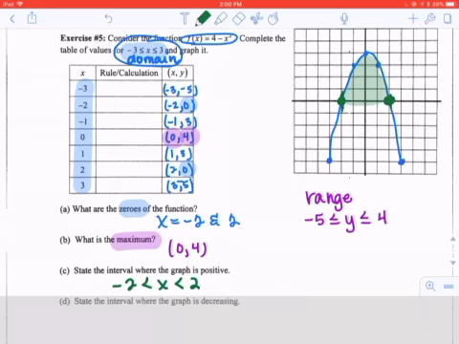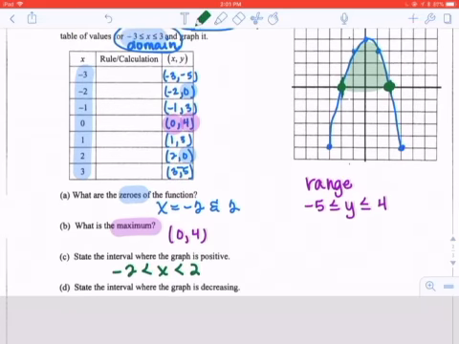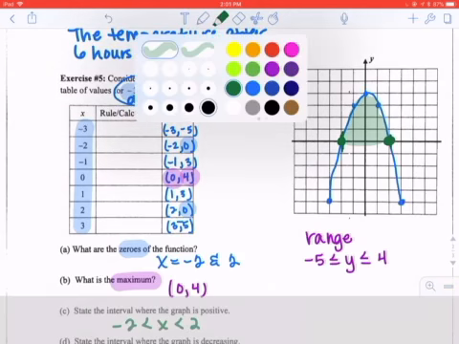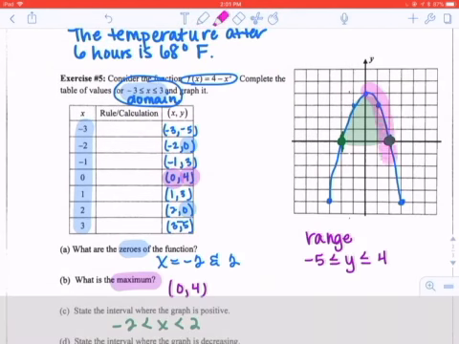And state an interval where we're decreasing. Remember, decreasing, we're going downhill from left to right. So we're going downhill here. We start decreasing here when